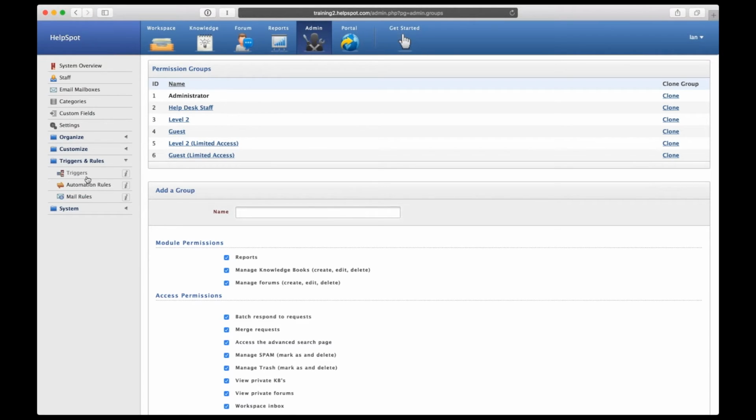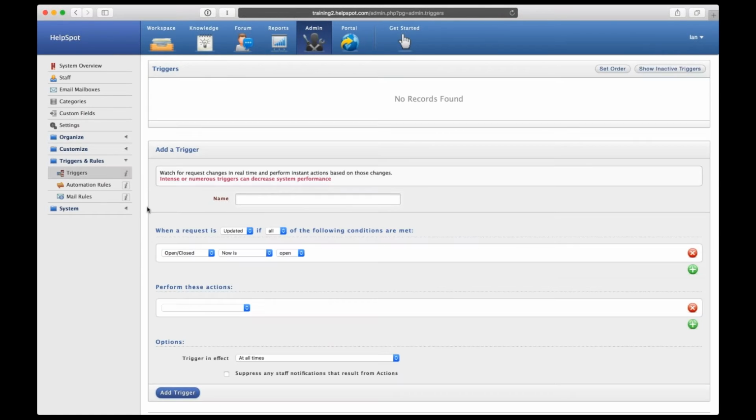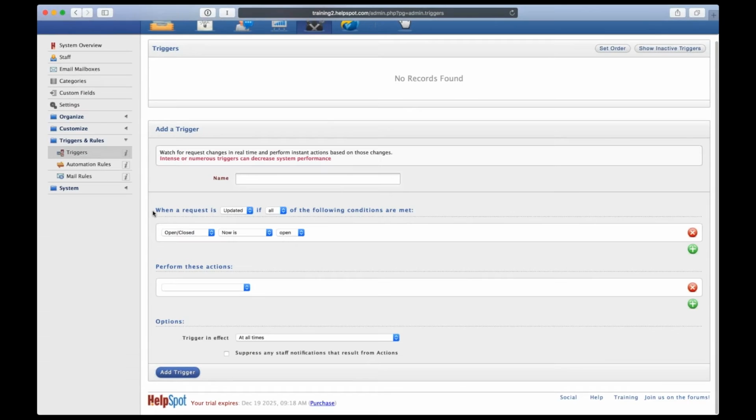Okay, let's talk about rules. There's a lot of different elements to rules, and understanding the difference between the types of rules is definitely critical. So triggers, these are going to be real-time rules. Triggers are watching your installation for changes, and when a change occurs, you can have actions that are performed. So for example, we could say when a request is created,